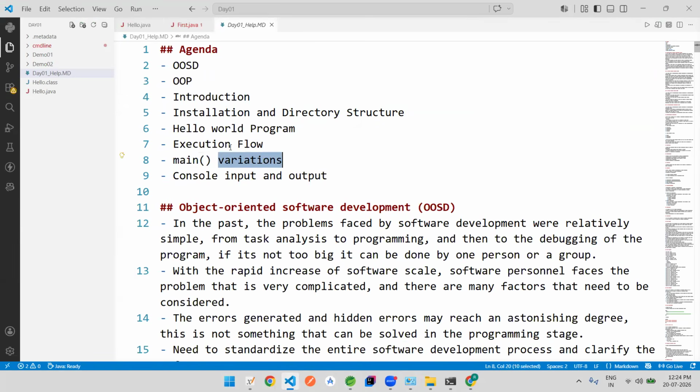मेन के जो वेरिएशंस हैं, वेरिएशंस इन द सेंस इज ओवरलोडिंग ऑफ मेन अलाउड, अगेन दैट वी विल सी इन टुमारो सेशन। ओवरलोडिंग के टाइप, ओवरलोडिंग पहले हम लोग सीखेंगे, एंड देन वी विल टॉक अबाउट द मेन वेरिएशंस। लेकिन उससे पहले इंट्रोडक्शन, इंट्रोडक्शन में थोड़ा सा पार्ट अभी बचा हुआ है, सो दैट वी आर गोइंग टू टॉक अबाउट। बट इंस्टॉलेशन, वी कुड से राइटिंग द हेलो वर्ल्ड प्रोग्राम, एग्जीक्यूशन फ्लो, कंसोल इनपुट आउटपुट,